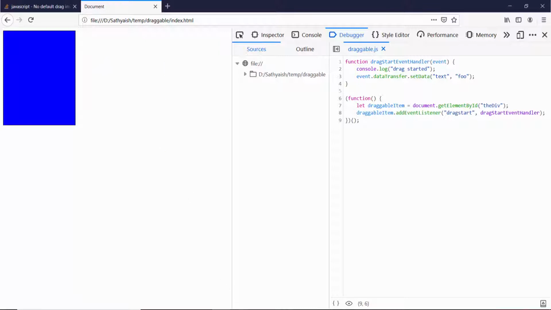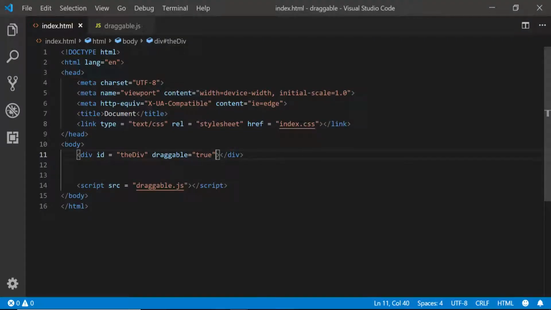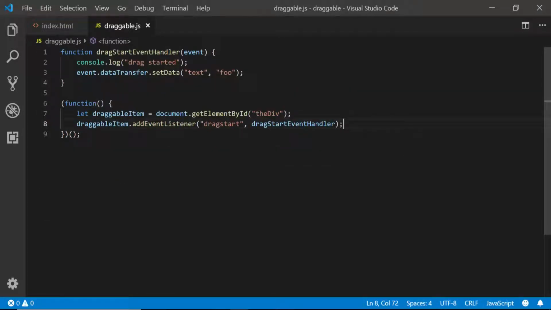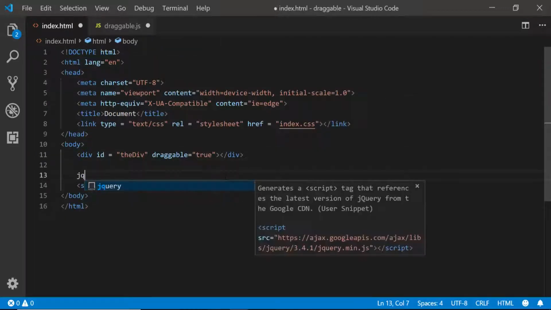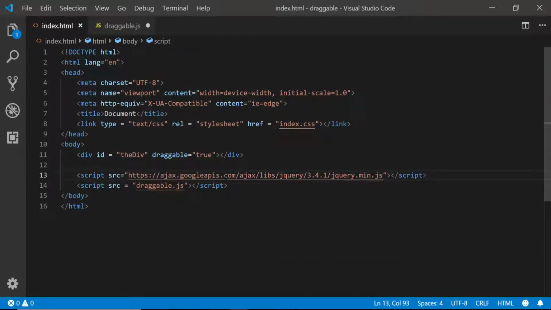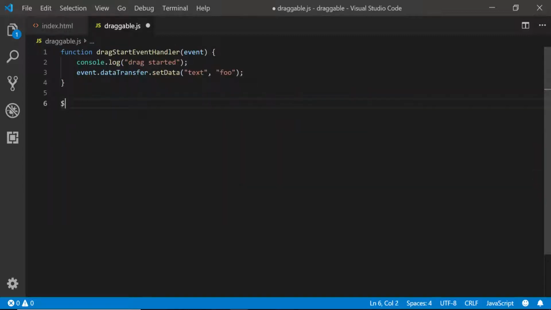And the question is, it's working in JavaScript whether I set it in the markup or in the body. It's not working in jQuery. That's the observation. Why is that? Let's go back. Let's remove this code and let's go back and do some jQuery again to find out what is happening. So I've added a reference to the jQuery library again, and I'll go back and set my